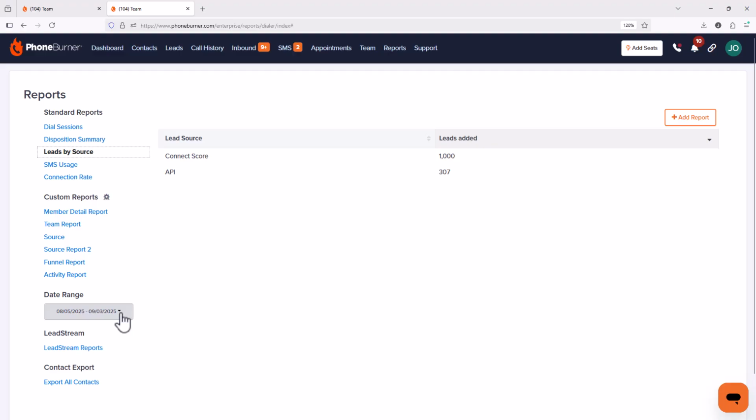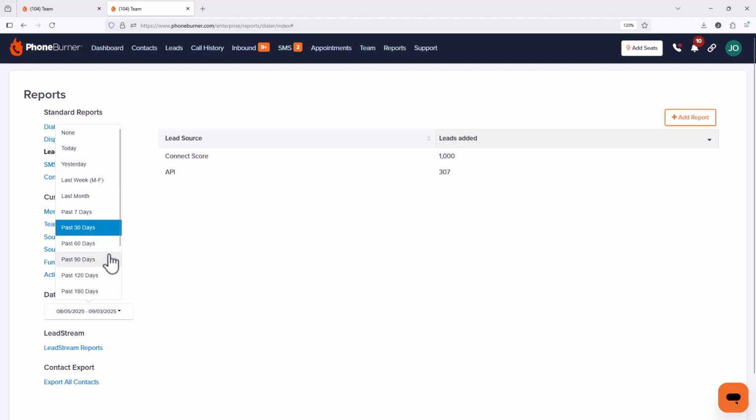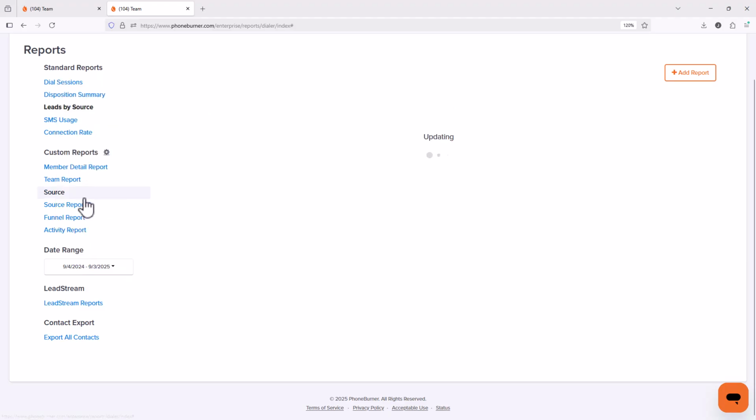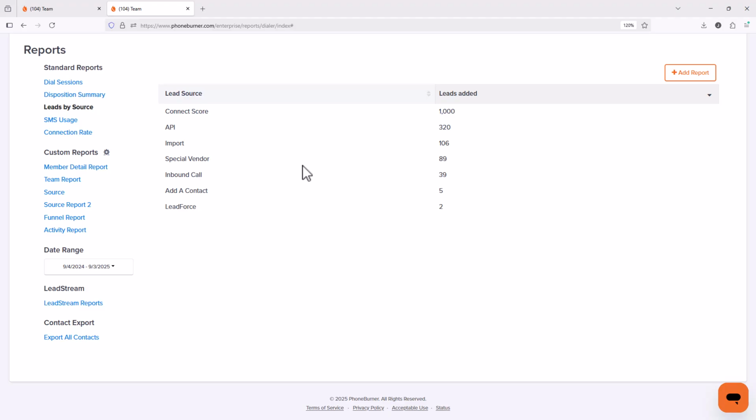If you click on the date range menu, you'll see a bunch of predefined options such as today, yesterday, last week, Monday through Friday, last month, past 7 days, 30, 60, 90, 120, 180, 365 days, month to date, year to date, and custom date range. Now, because this is a demo account, I'm going to go ahead and flip this to the past 365 days so we can see all of the data that's been added to my account over the last year based off